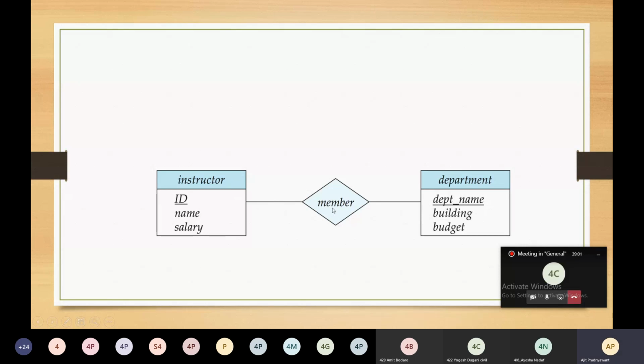Instructor is a member of the department. So this member is the relationship between these two entities, instructor and department. So this is the diagrammatical representation of the ER data model, that is, the entity relationship data model.